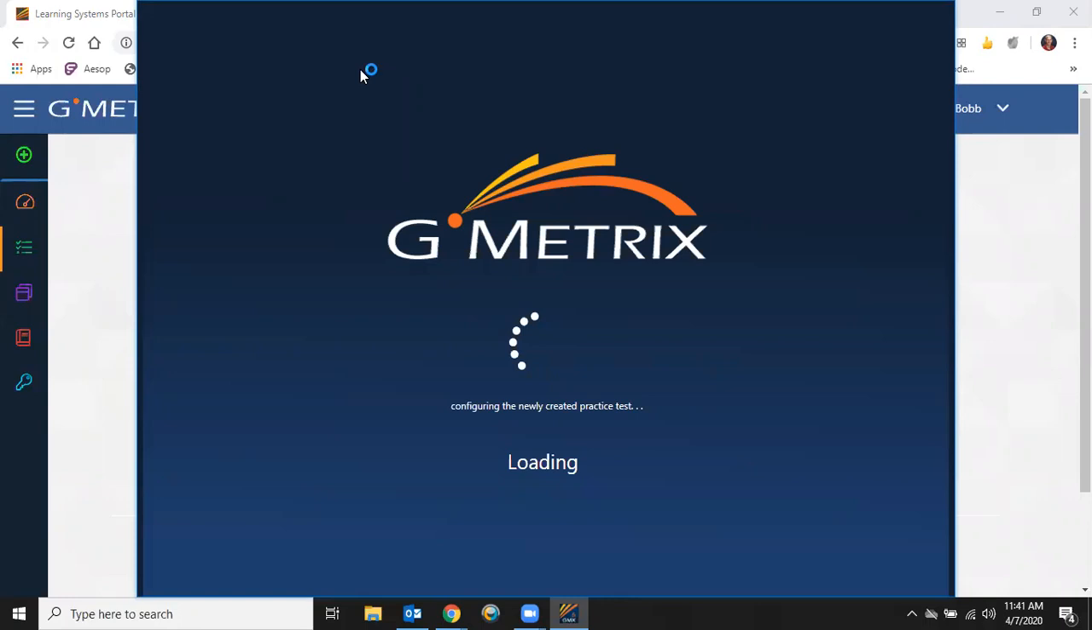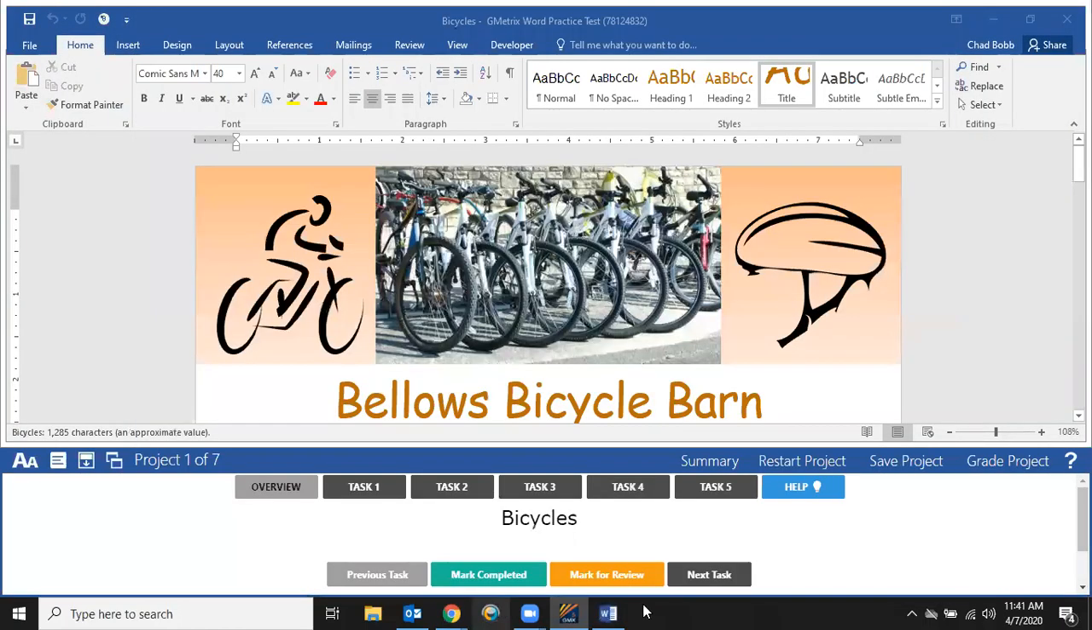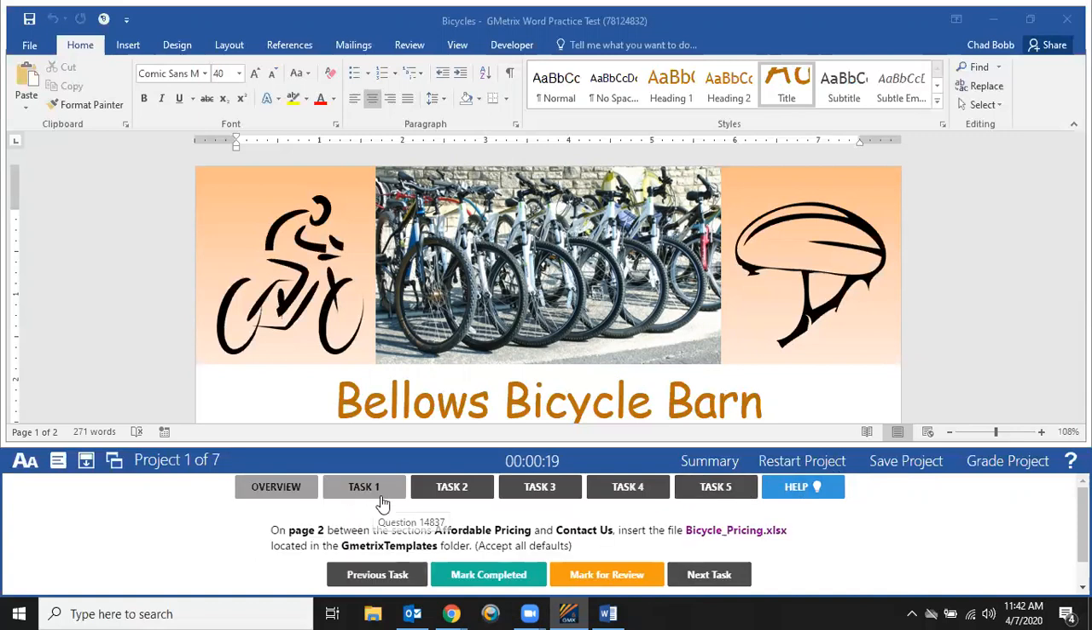It goes ahead and we'll start a Word document. And down here, you can see that you have your instructions. I did it in training mode, so I do have access to my help over here. Notice this is project 1 of 7. This project has 5 tasks. So the first task,